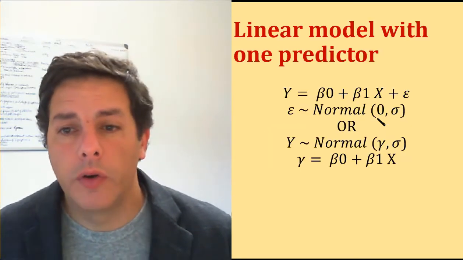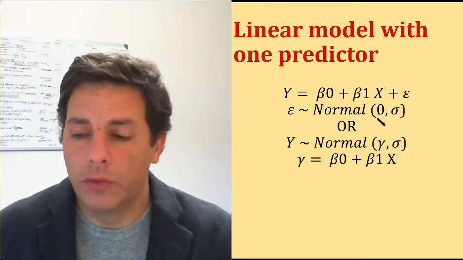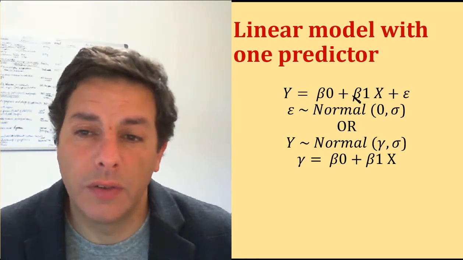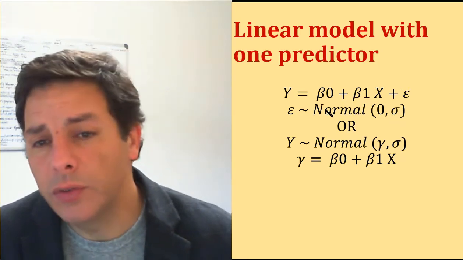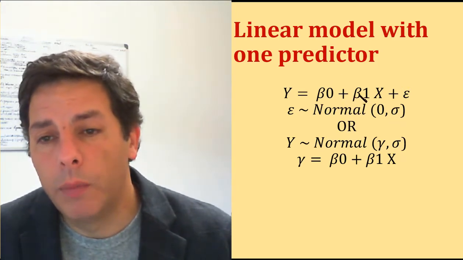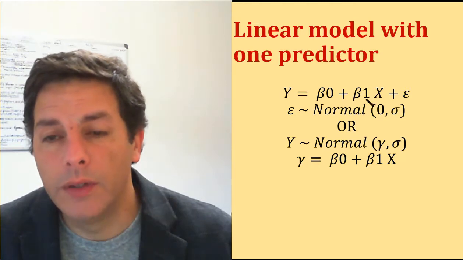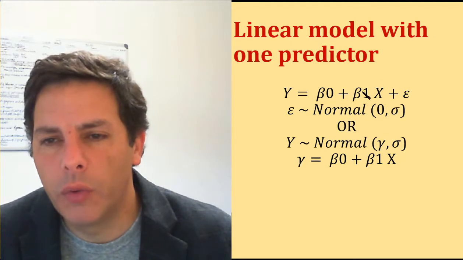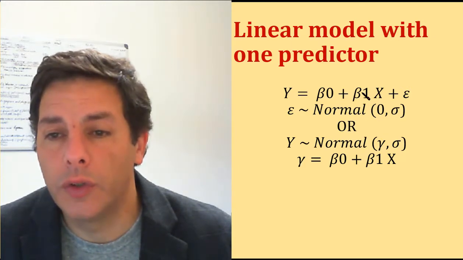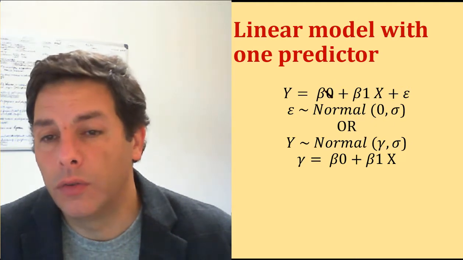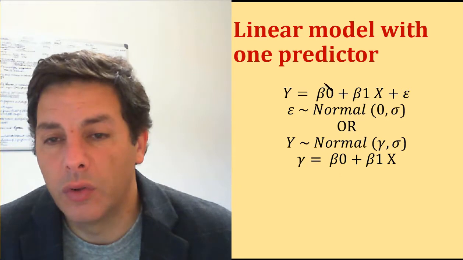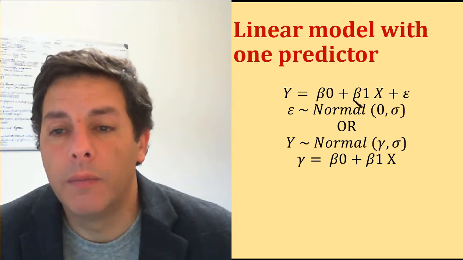Okay, so the linear model now becomes a bit different. Before we had only beta 0, but now we have two parameters, beta 0 and beta 1. Beta 0 is still a constant, but now beta 1 is also a constant, but this part of the equation is going to be different for each value of x. So this part of the equation is beta 0 only, so it's the same for all the participants. But this